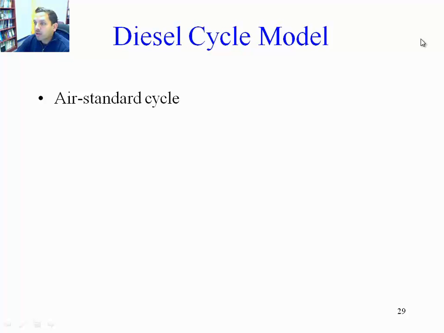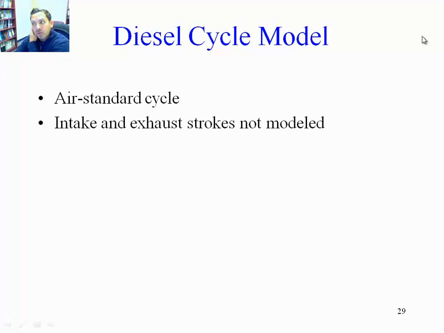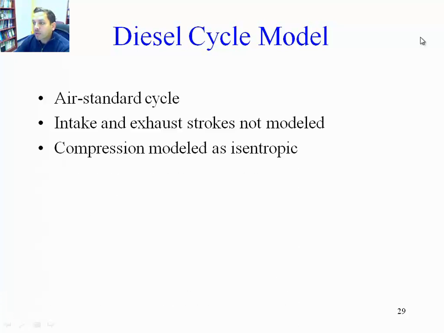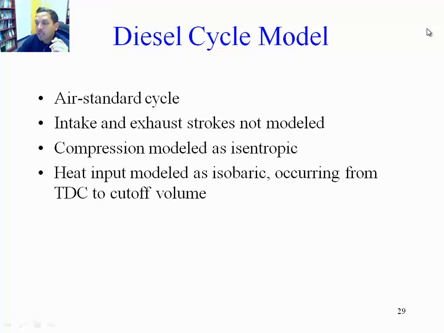It is also an air standard cycle. Intake and exhaust strokes are not modeled, same thing as in the Otto cycle. Compression is modeled as isentropic, the same exact thing as in the Otto cycle. So from initial condition 1 to condition 2, we model that as an isentropic, adiabatic, reversible compression. The heat input, however, is modeled slightly different. The heat input is modeled as an isobaric process. So instead of modeling the heat input instantaneously at top dead center,